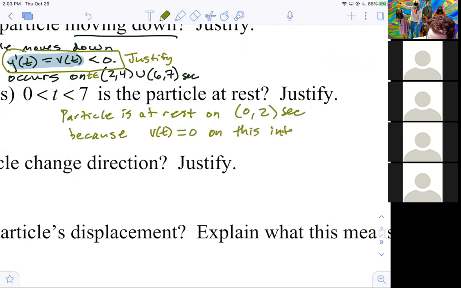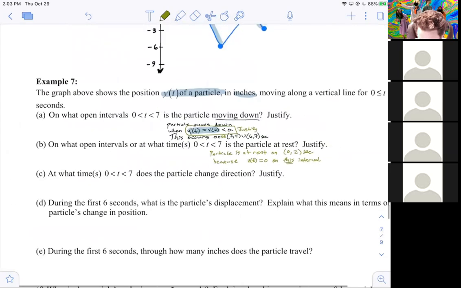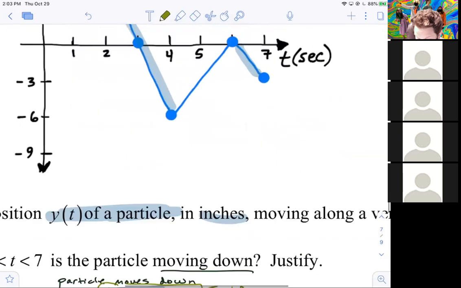And again, that's a judicious use of the pronoun, right? The antecedent is clearly defined up above. So however you prefer, the justification is v of t equals 0. And that's mathy. It has a little math in it. At what times does the particle change directions? Justify. Particle changes directions when,